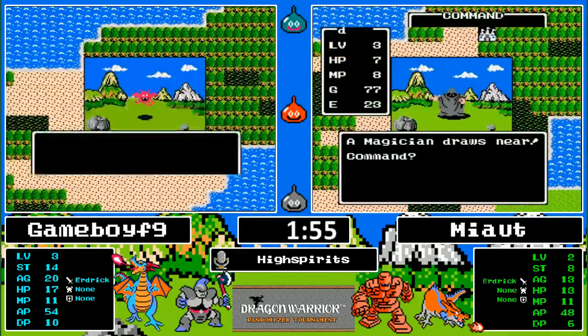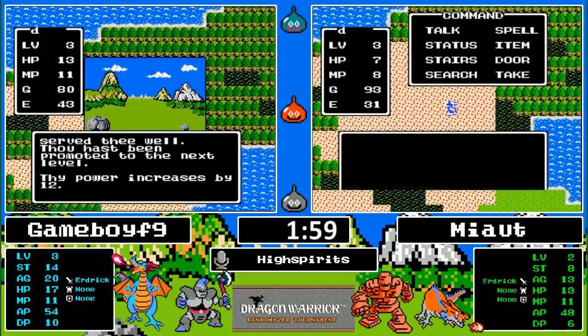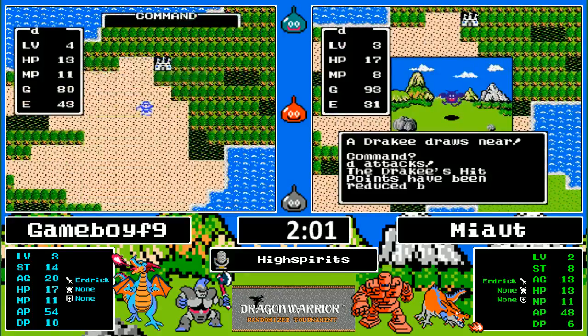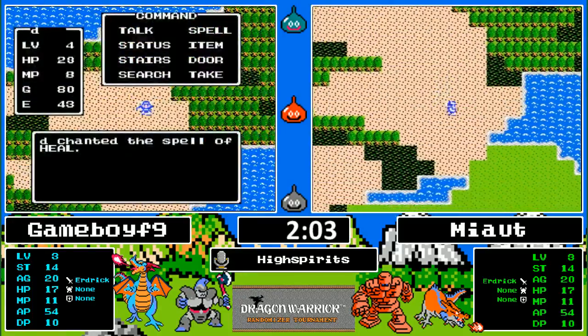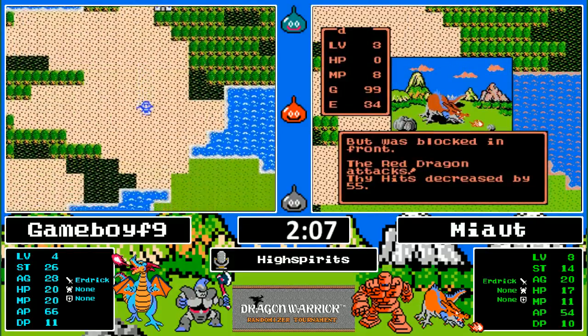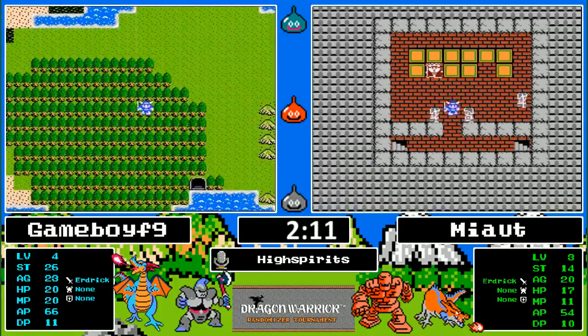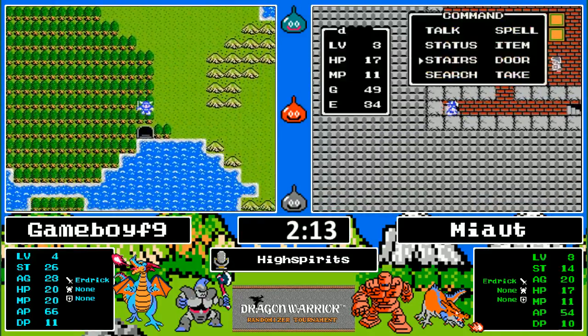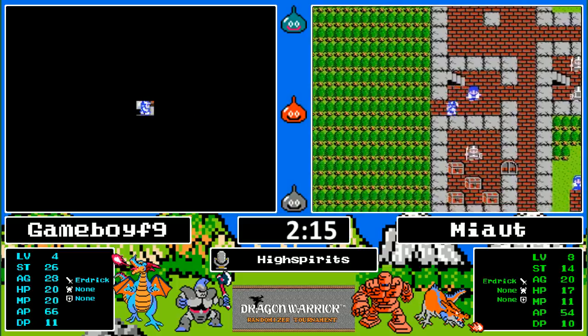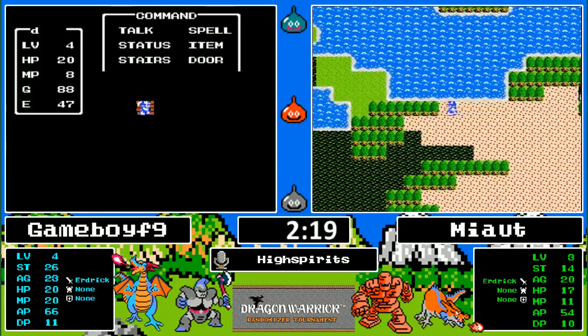So things are hot, fast, and furious, you guys. Actually, Miaut's level 3 also. And Gameboy goes to level 4. Can't even keep up with the levels, you guys. And they're getting heal spells. Ooh, and a red dragon for Miaut. Red dragons are the worst thing you want to see in the game, at least until you're prepared to actually be able to kill them. They're the hardest creature to run away from, and